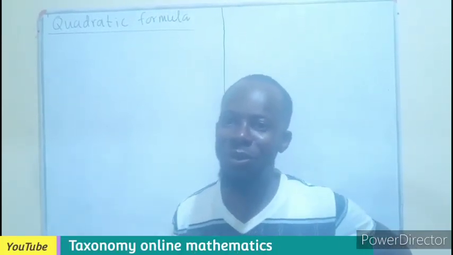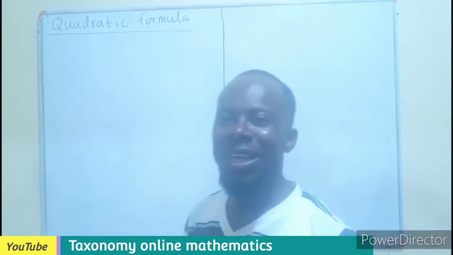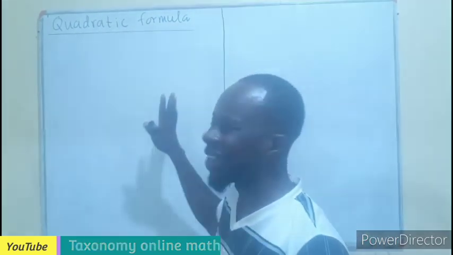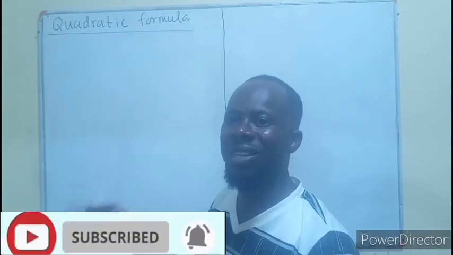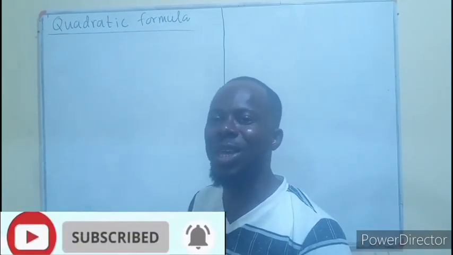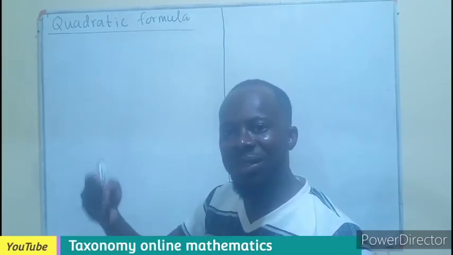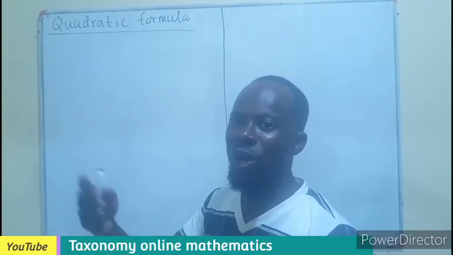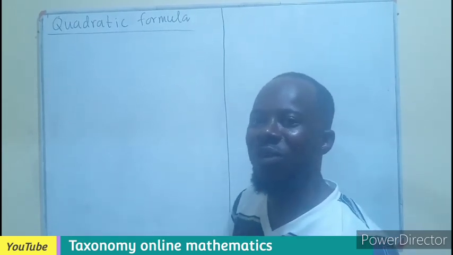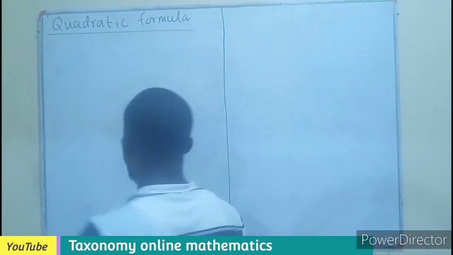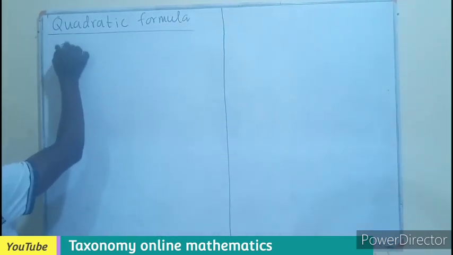In this episode, we want to derive the formula for the quadratic formula. We know the quadratic formula is derived from the quadratic equation through completing the square. That's one of the methods used in finding a root or a solution of a quadratic equation. We are aware that a quadratic equation is in this form,